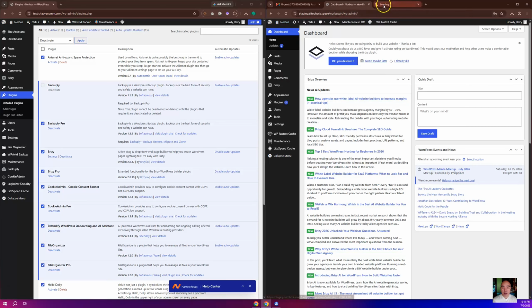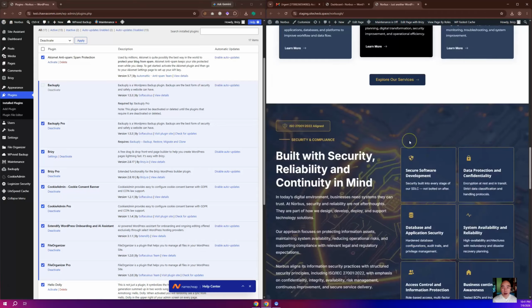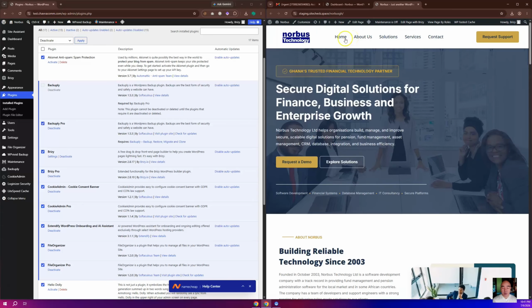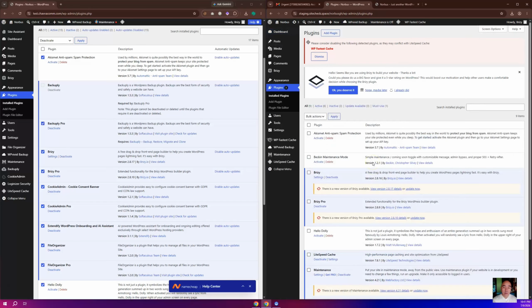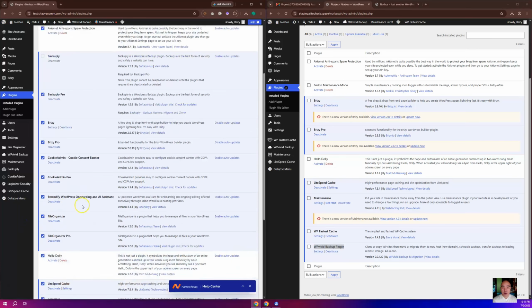Today, I'll show you how to use the WP Vivid plugin's Auto Migrate feature to copy and migrate a website from one staging site to your own. As you can see, we have the staging site on the right side of the screen and your own staging site on the left. Before we begin the migration, make sure you have the WP Vivid plugin installed on both